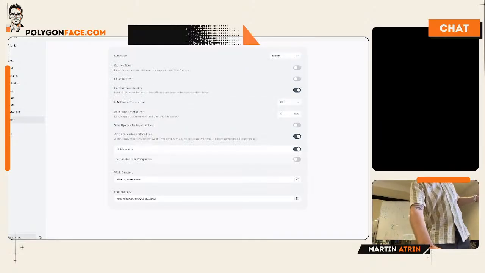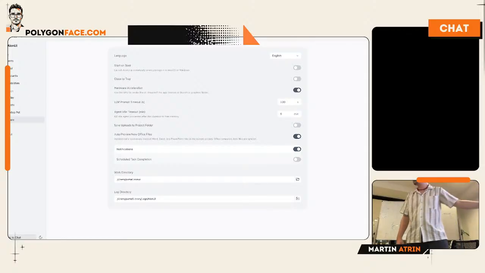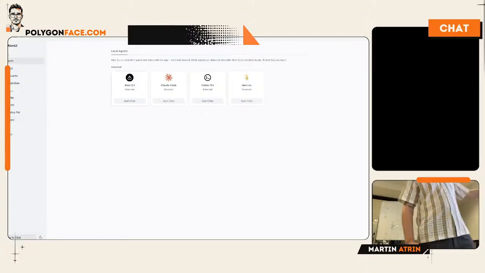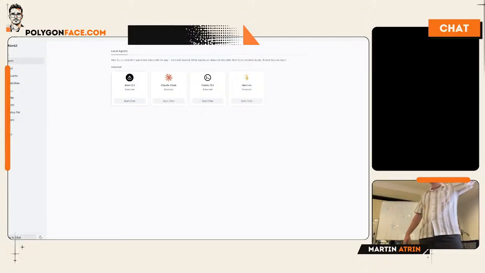Good to know. And in terms of system, you basically have your basic settings that you would normally have, where is the default work directory, log directory, and yada yada yada. In terms of agents, it automatically tells you what you have installed. As far as I know, there's like 20 harnesses that they